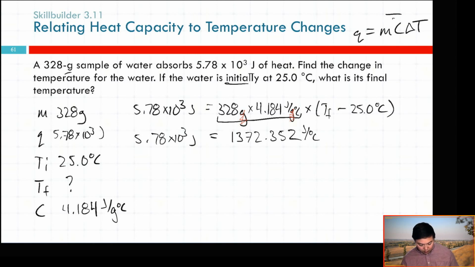So now we'll do 5.78. This is where you want that E button on your calculator. E means times 10 to, because you can just do 5.78 E3 divided by second answer. And we're going to get 4.21